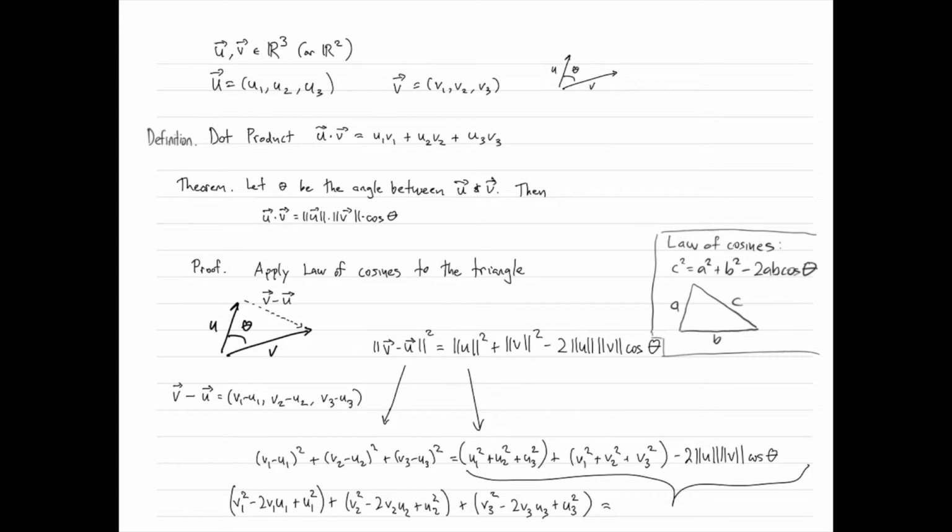So that's the definition of the dot product in R^n for any n. And the theorem is that if theta is the angle between the two vectors, u and v, then the dot product equals the product of the norms times the cosine of the angle between. And the proof is to apply the law of cosines. So here I recall what the law of cosines says. It's a generalization of the Pythagorean theorem to the case when